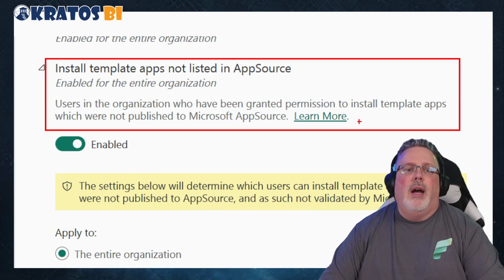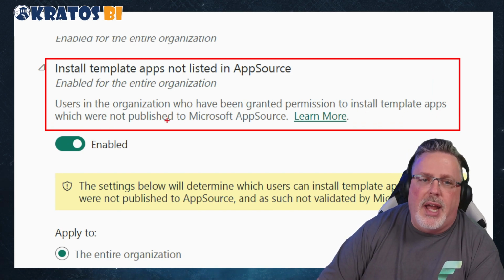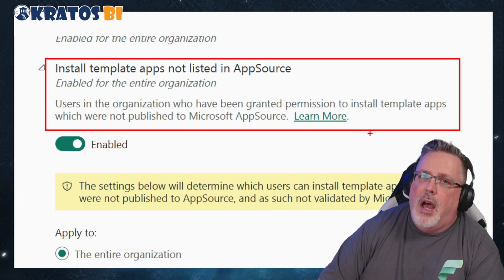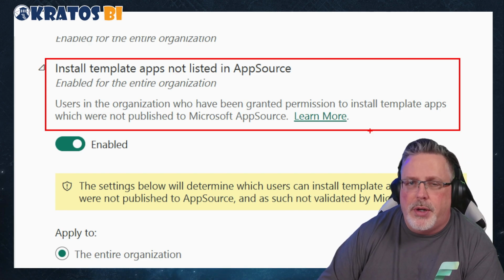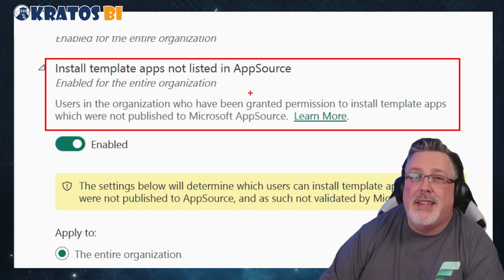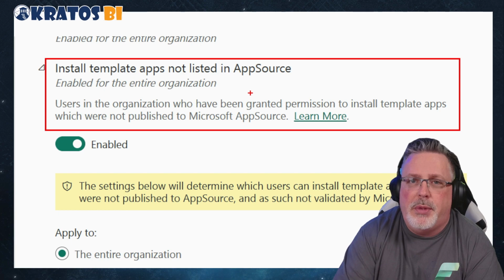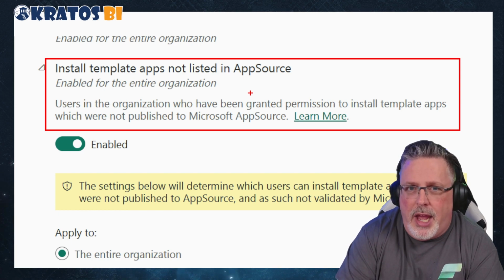All right. Next item: install template apps not listed on App Source. Users in the organization who have been granted permission to install template apps which are not published on App Source. So here's where you might run into some issues around the app that you're publishing. The other ones, if you're consuming an app that went through App Source, getting an app through App Source